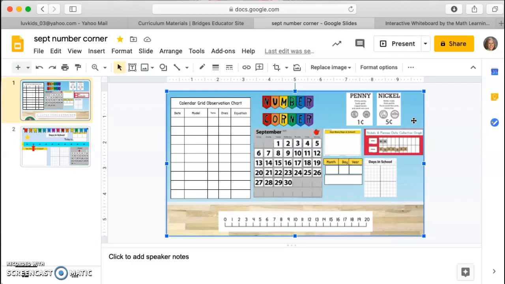Again, I'm going to go over the things that you are turning in. Please check your work as I go over them. You will be turning in your observations from the calendar. We are on September 16th, so you've had quite a few days to look at that calendar. And you are also turning in how many days we've been in school, your representation for the number 3.